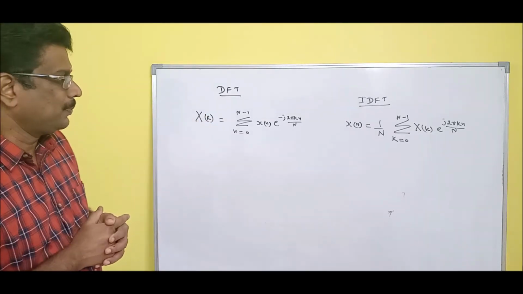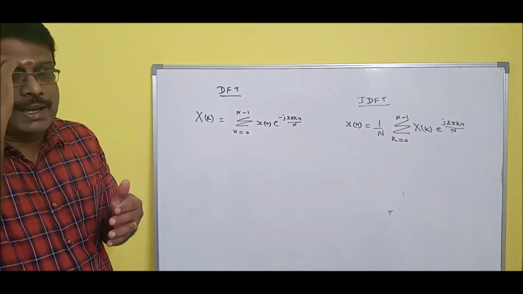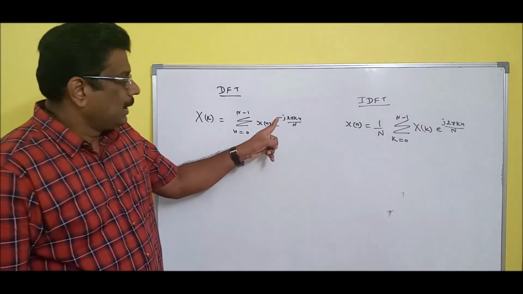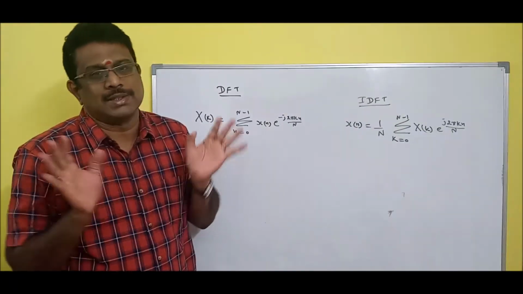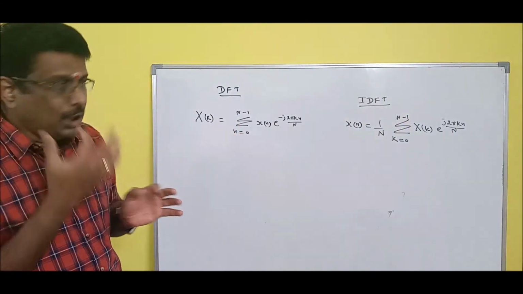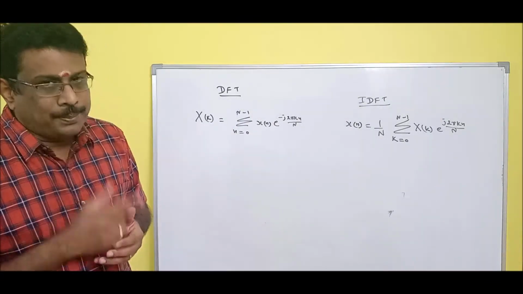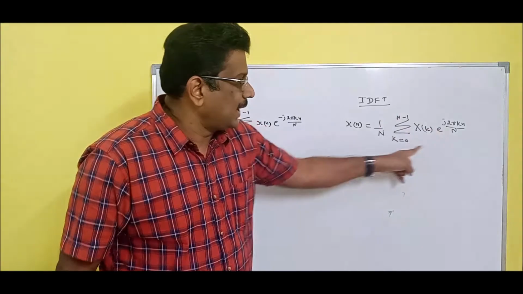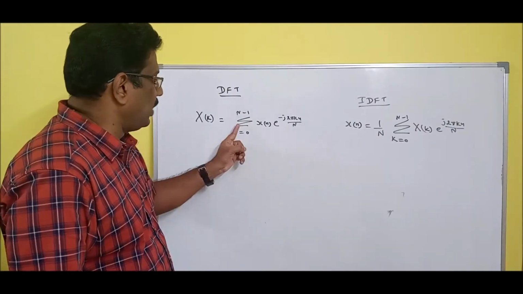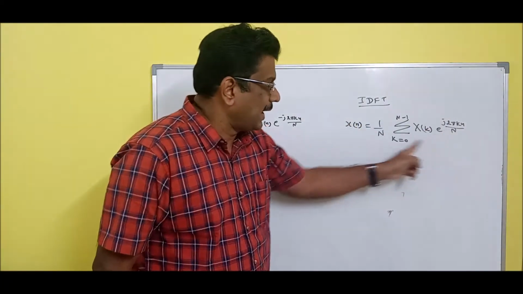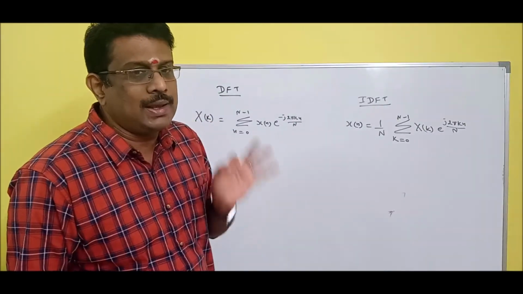First major point. Second major point, your twiddle factor 1 minus j, 1 by root 2 minus j, am I right? Minus j here, plus j here. It means complex conjugate. Second major point, your twiddle factor must be complex conjugate. Third point, after doing the calculation, 1 by n is there at the end. Just do the calculation, and after that 1 by n, then only the result is ready. This is the 3 major points.